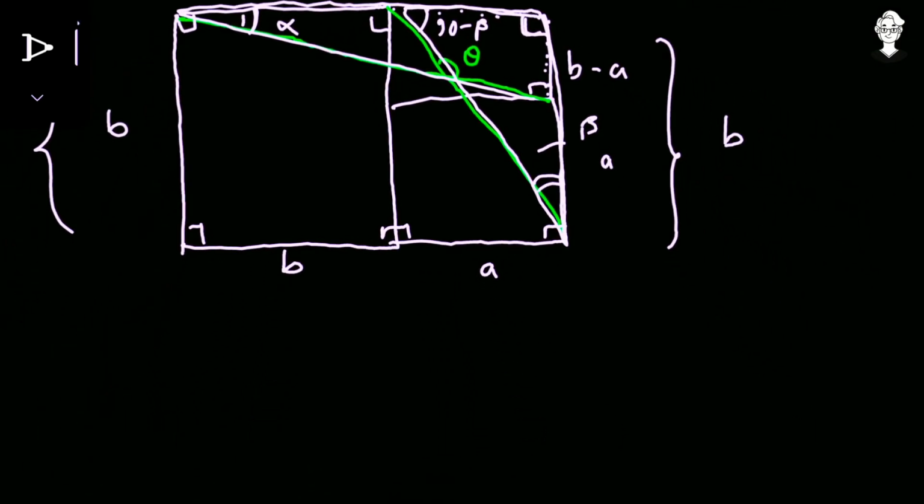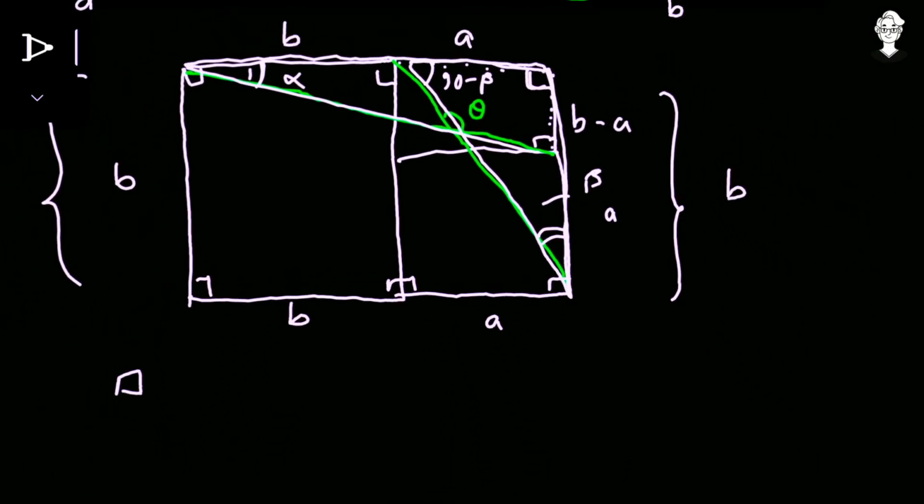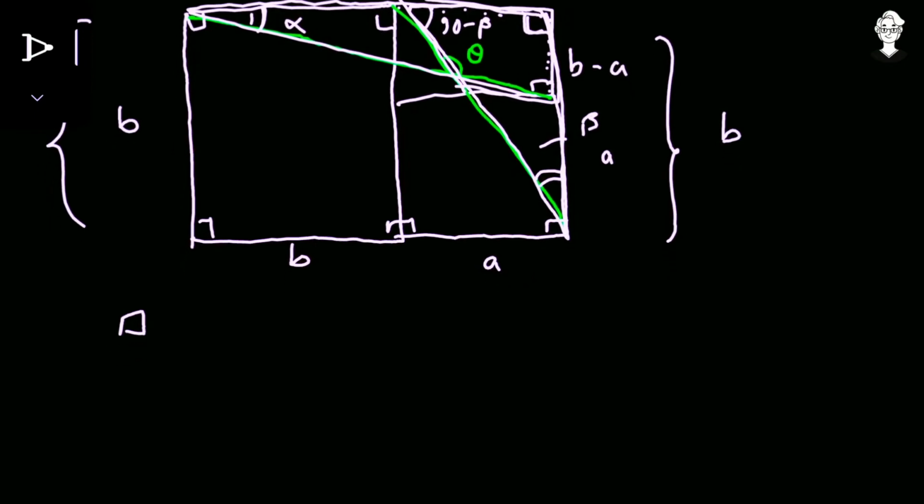So what we are having is a quadrilateral. This particular quadrilateral is not of any kind of specification, it's just a quadrilateral, that is this and this. In that quadrilateral we have one of its angles equal to 90 minus beta, one of the angles is equal to 90, one of the angles is theta that we have to find, and one of the angles is 90 minus alpha, and the sum of all the angles of a quadrilateral is equal to 360 degrees.